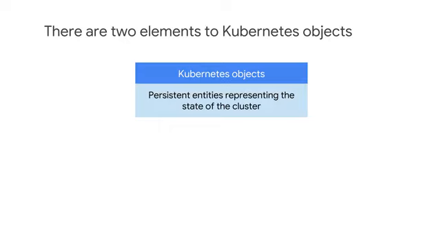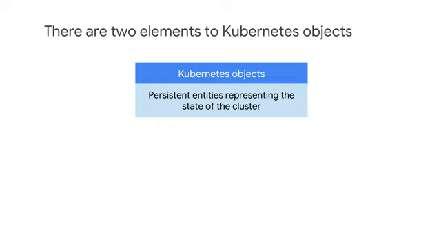The second is the principle of declarative management. Kubernetes expects you to tell it what you want the state of the objects under its management to be. It will work to bring that state into being and keep it there. Formally, a Kubernetes object is defined as a persistent entity that represents the state of something running in a cluster, its desired state and its current state.